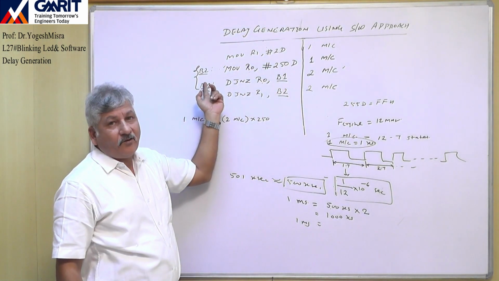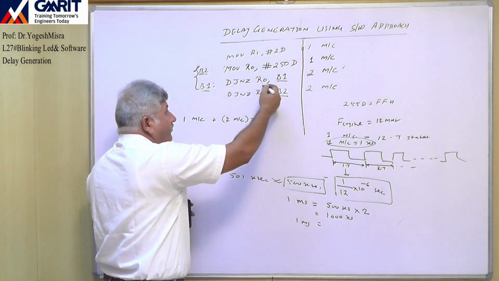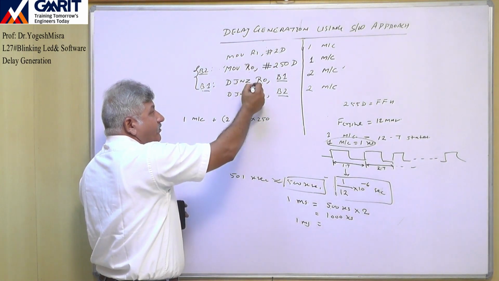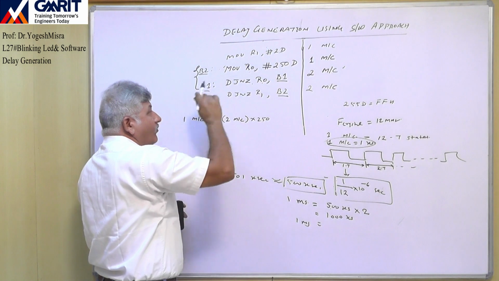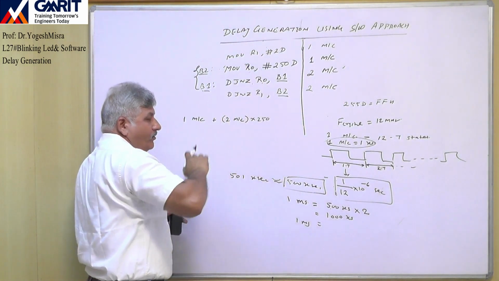This instruction is executed again, so it will be executed 250 times. This instruction is executed once and this one is executed 250 times. Once the value of R0 becomes 0, the program will come out from the loop. And now